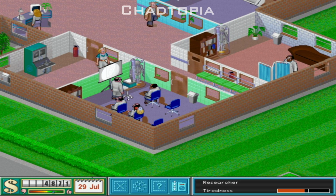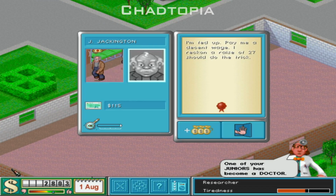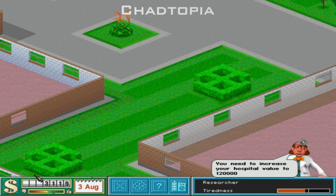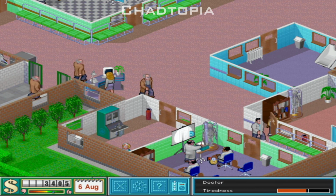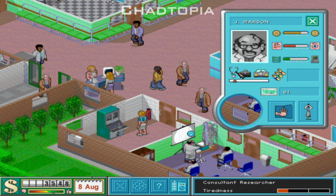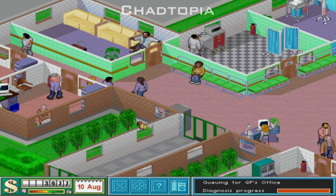Qualified researcher, yay. There's our researcher. Get in there and do researchery things. Yeah, have some money. Oh god. Yeah, again, have some money. Annoying bastards, always wanting money. So he's a doctor, and he's a junior. Junior doctor consultant. Oh, shut up. So, as you can see...